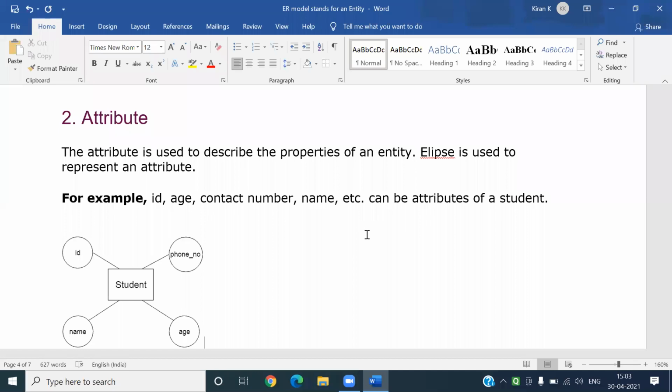All these are called properties of a student. So all such properties are represented as attributes.